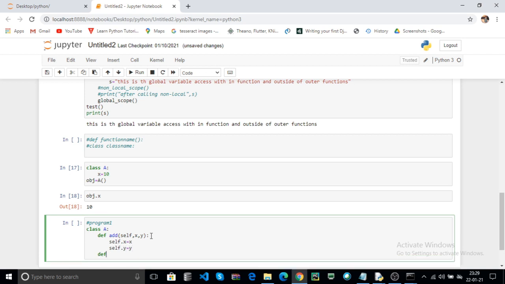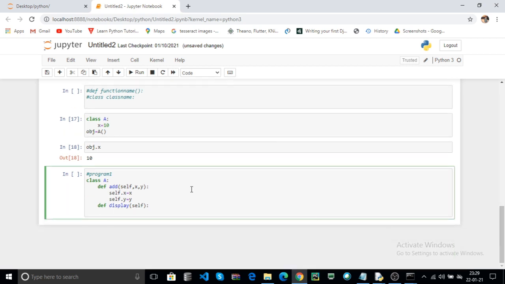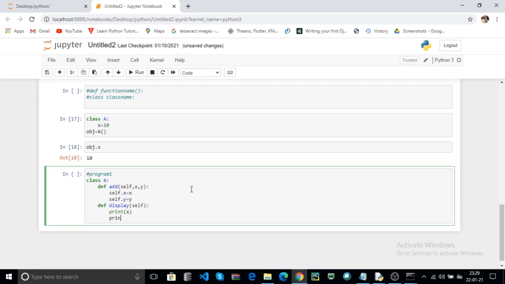Here I use another function, that is display. Here self is the default parameter in every function in the classes. Here I print the x data and I print the y data.